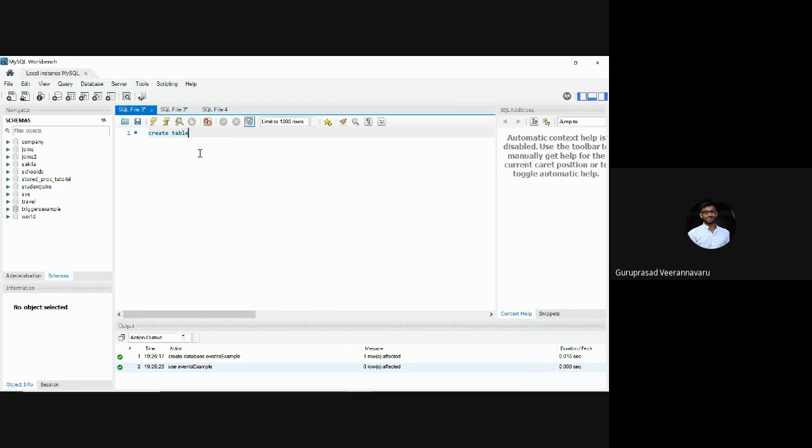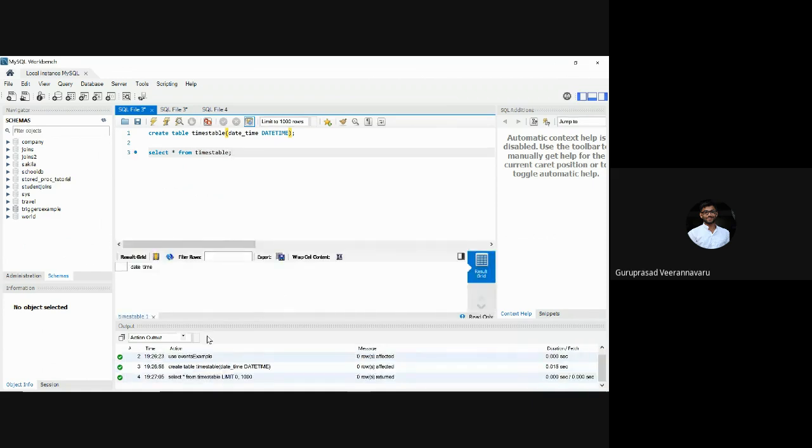Create table, I'll call it times table, with a column named time of type date time. This much is our table. If I do select star from times table,